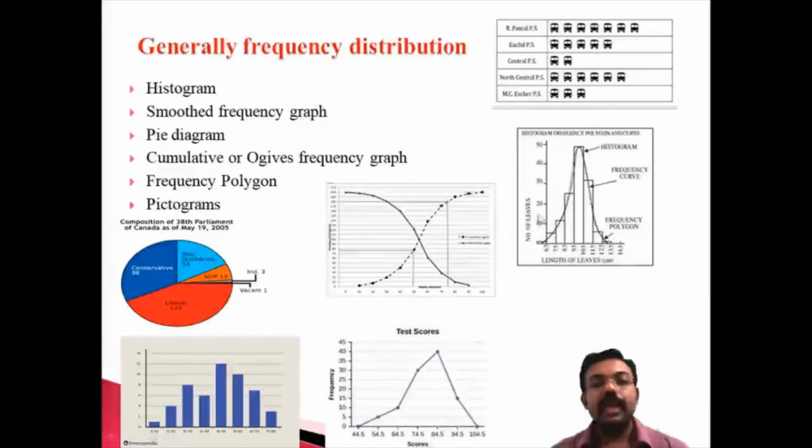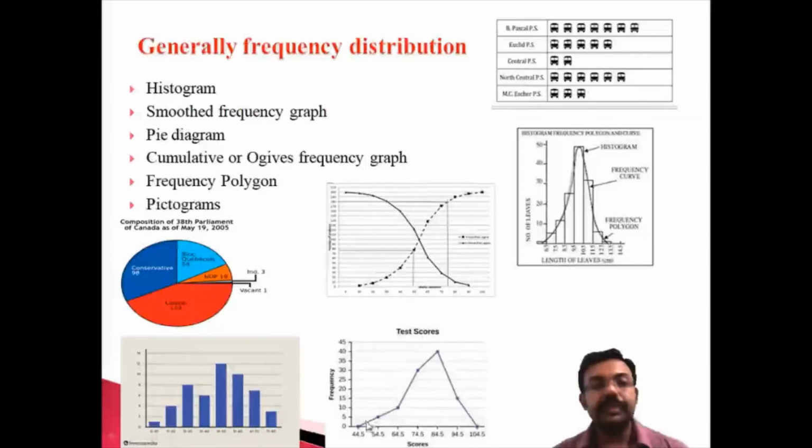And another one is the frequency polygons. It's a frequency curve. That means suppose you draw the bar diagram, identify the central point, and connect these central points. This curve is known as the frequency curve, and this is the histogram. It's connected with the bar diagram. There is a regular interval, a fixed gap. That is known as the histogram.